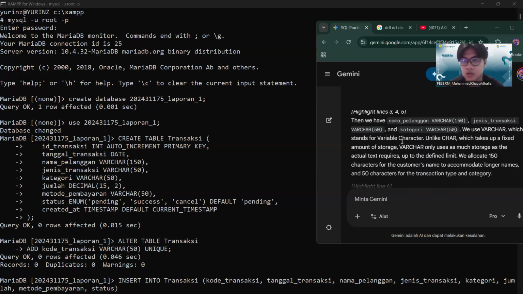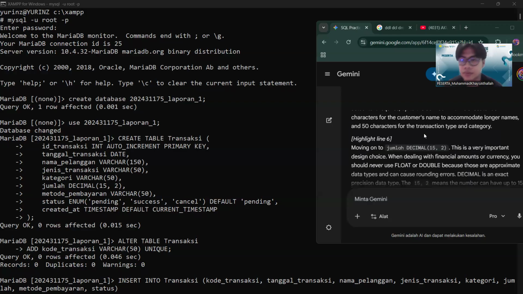We use varchar for the type, and then kategori, or category. What is it in English? Yeah, something like that. And the data type is varchar 15. We use varchar, which stands for variable character, unlike char, which takes up a fixed amount of storage.